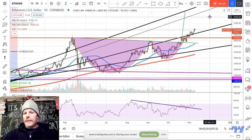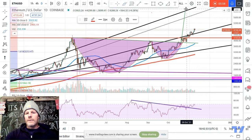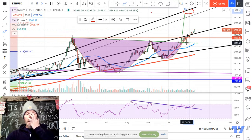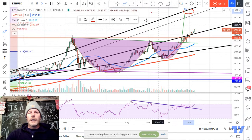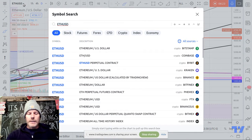But see, I've got Ethereum going right here to our resistance at 6,000. This is big resistance. And that is exactly, again, we're a third of the way completing our cup and handle pattern on Ethereum, as well as the altcoin market. So we still have 60% plus of the way to go on the altcoin market. And Bitcoin, once that dominance pattern plays out,